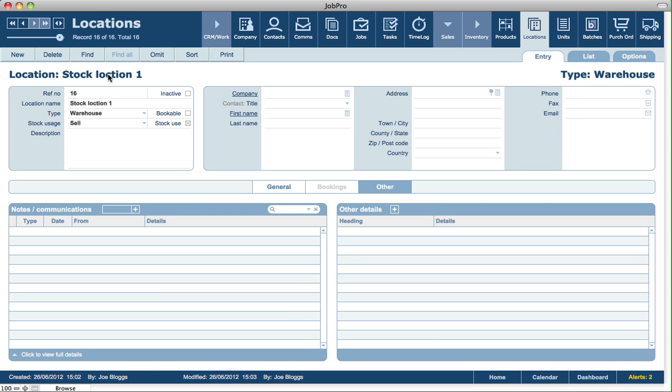So the second option for locations is that you can treat a location as a bookable resource. It could be a meeting room, a studio, an office, or absolutely anything that you rent out. A house, a building, for example. So if we create a new record here, and we call it Studio 2,